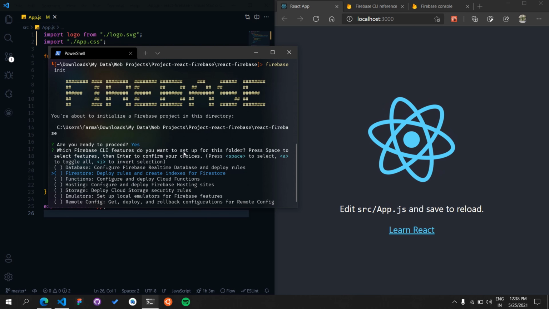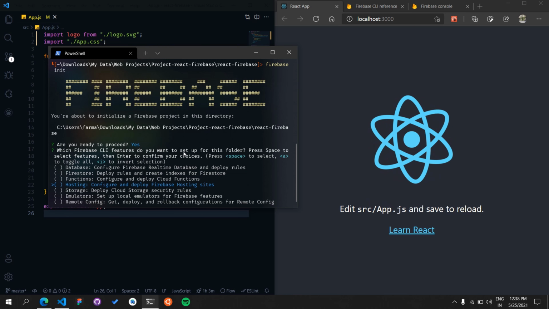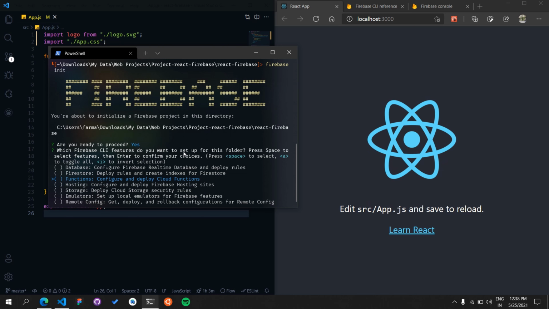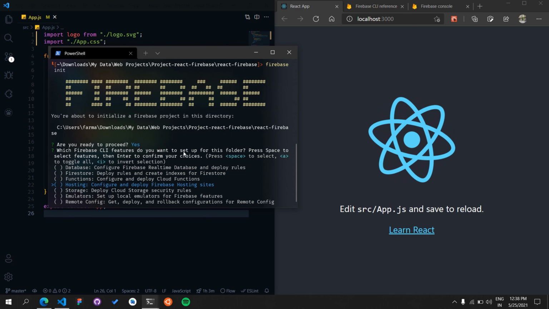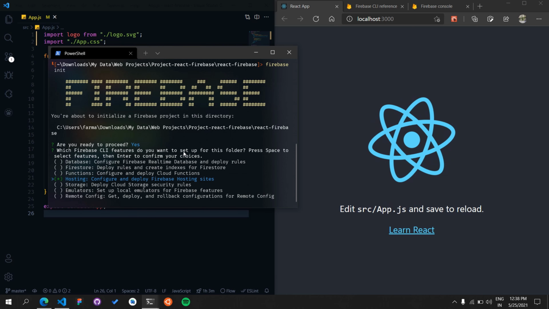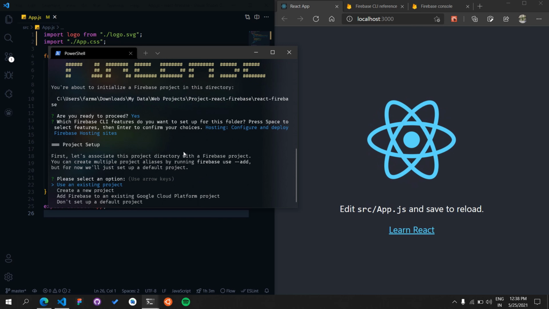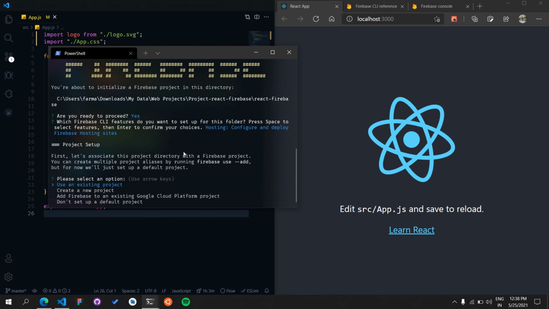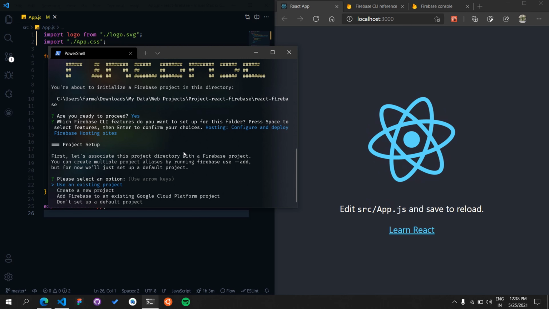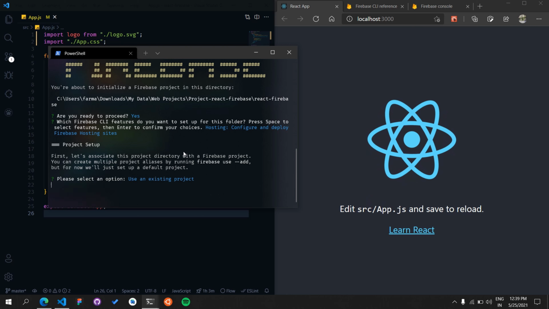Now you can select by pressing the space key of your keyboard, and I'm using the arrow keys to move up and down. Here you can see there's this hosting option which you can select by pressing space and hit enter. Here we have a few options: use an existing project, create a new project. Just select use an existing project.